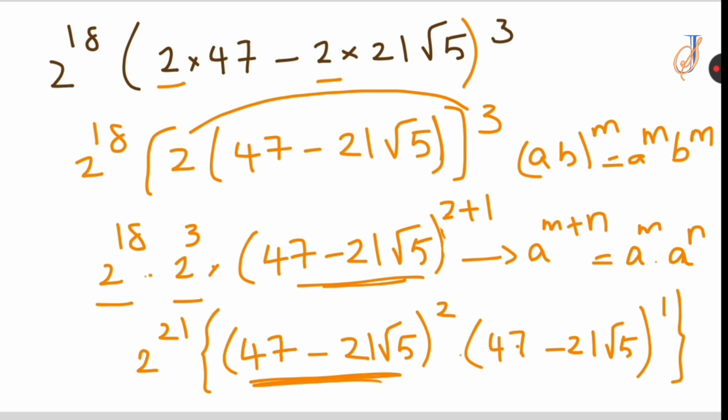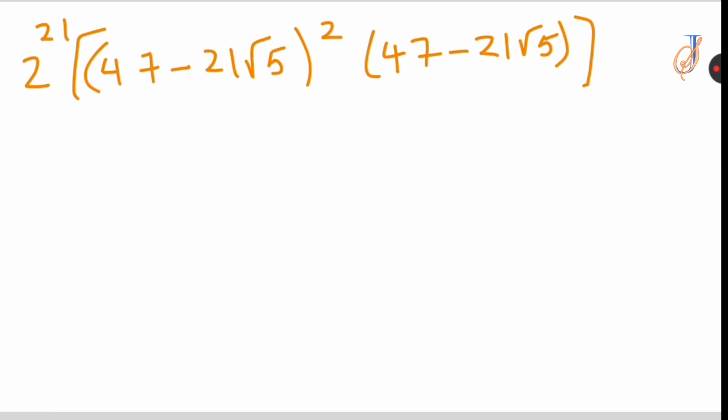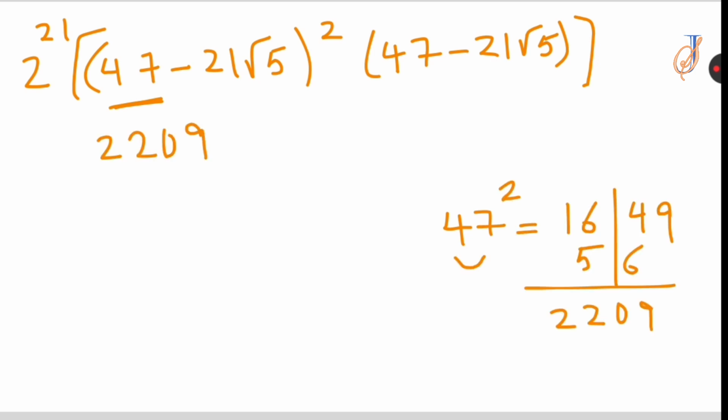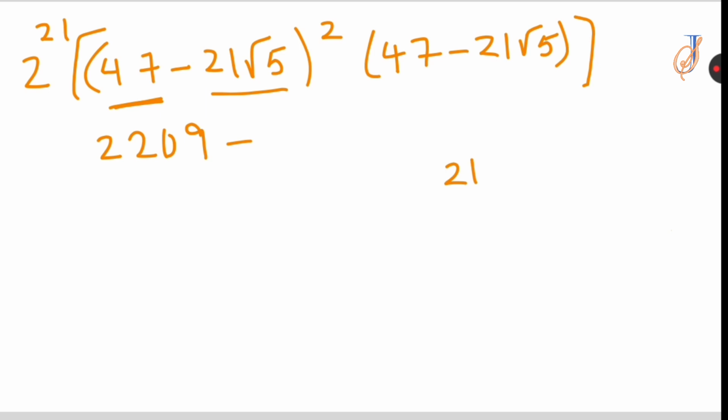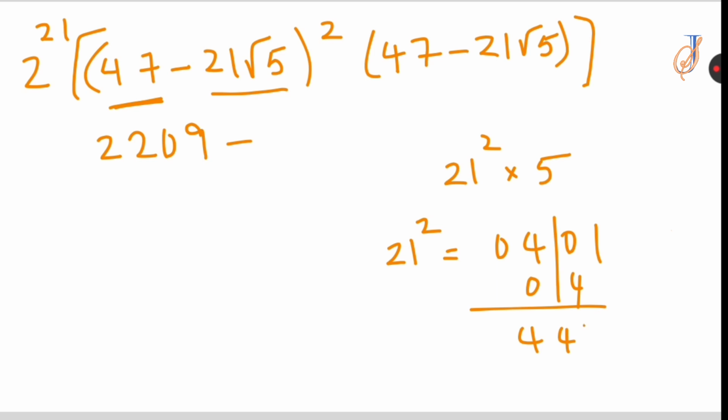And it is in the form of (a minus b) whole square. What's the formula? A power 2, that is 47 power 2, the result is 2209. b square, that is (21) whole power 2 times (root 5) whole power 2. After cancelling we get only 5. So you have to do times 5. So 21 whole raised to the power of 2, the value is 441. After doing times 5 then you will get